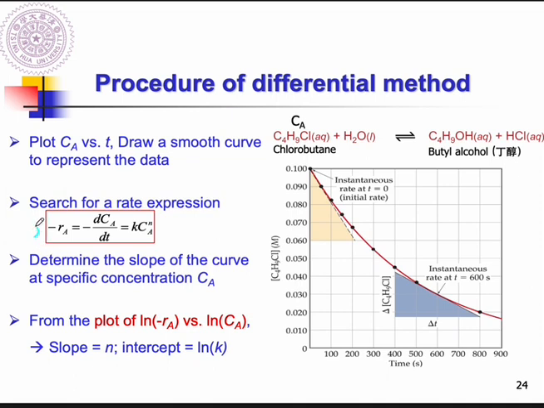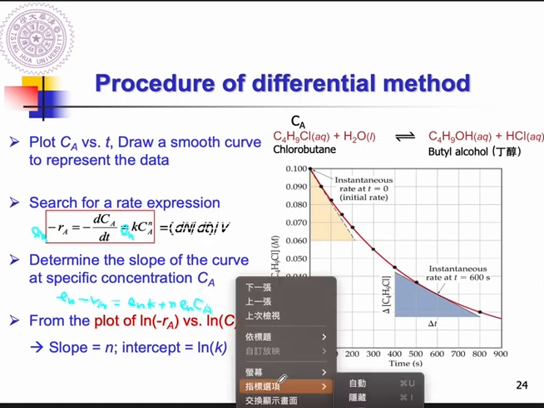Okay, so you can take a log on both sides. You will get log minus RA versus log CA. If you take a log on both sides, you will get log minus RA equals log K plus N log CA. Okay, so based on these results,